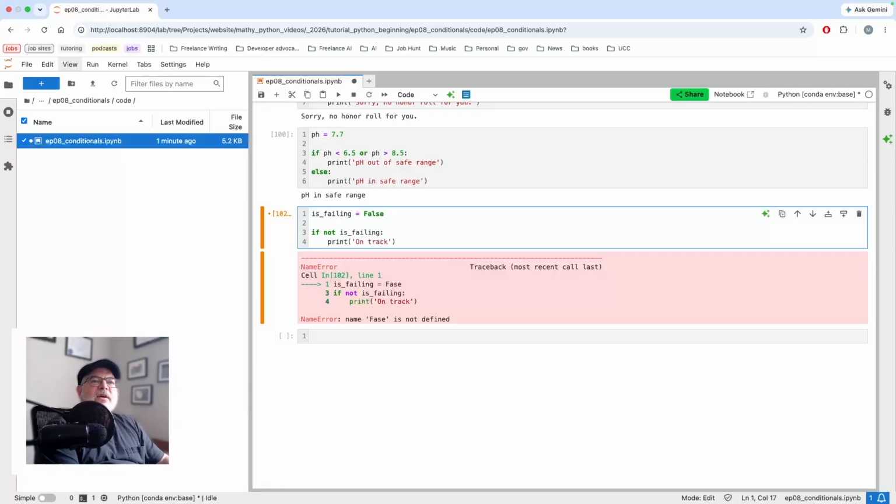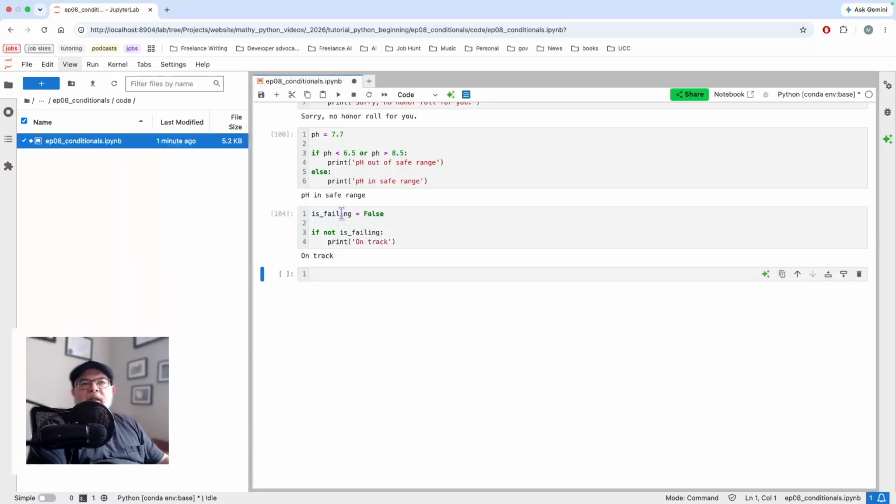Okay, is_failing is false. If not false is true. So if true, then execute the lines in the block under the if, and that says to print on track,